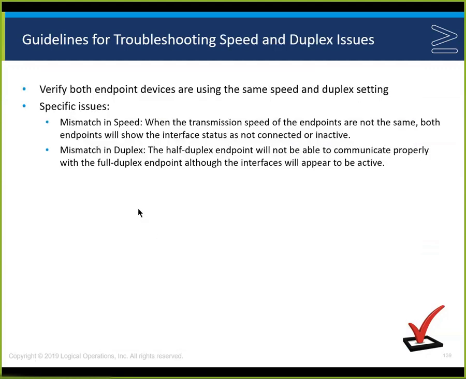Verify both endpoint devices are using the same speed and duplex. Specific issues, mismatch in speed, mismatch in duplex, and we'll look at some of those a little bit later. I've got a Packet Tracer set up and a visual to show what happens when we have the multiple mismatches. I wanted to